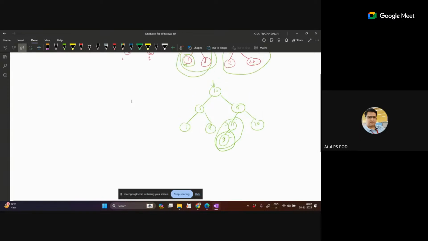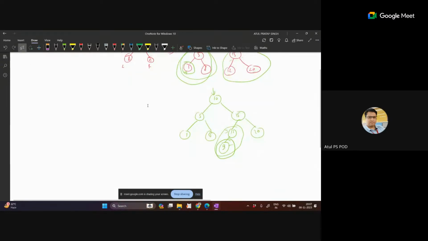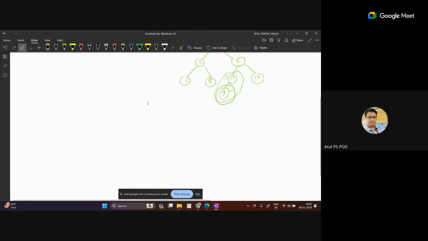Can anyone tell me what is the advantage? Why are we learning this binary search tree? What are the benefits of this? Yeah, search in log n time. Correct. Okay, so our main goal here is to perform some operations, like the searching operation, insert operation, remove operation